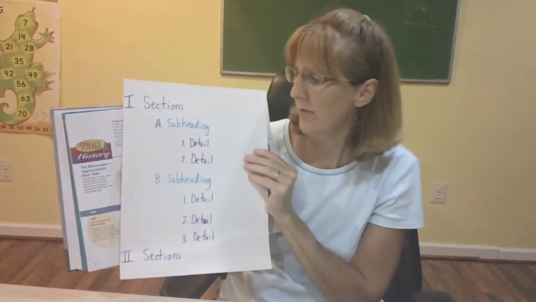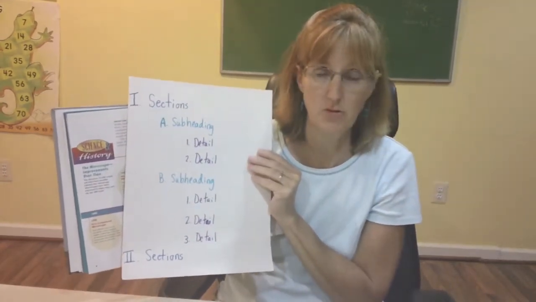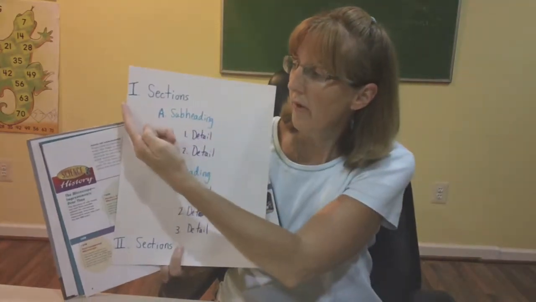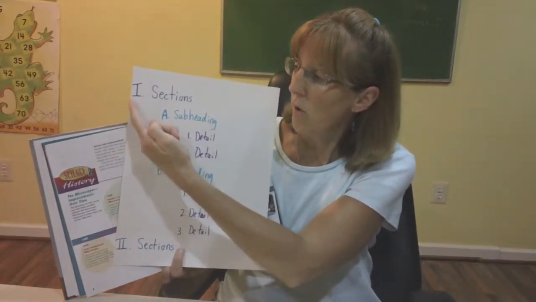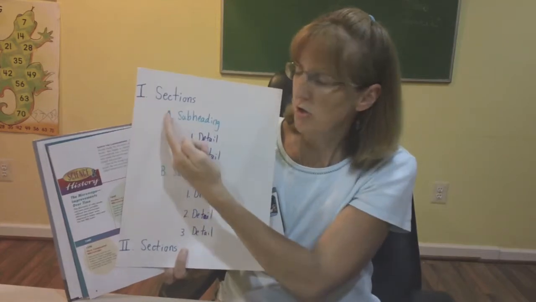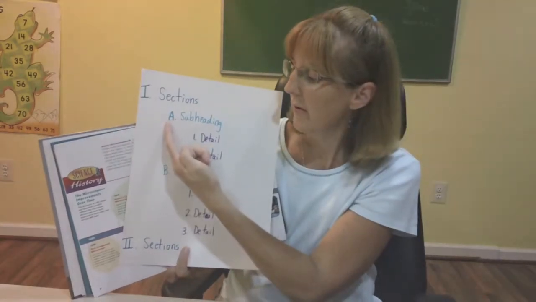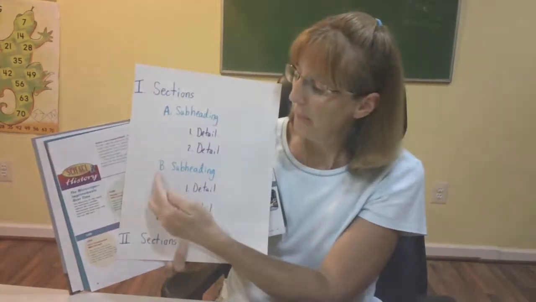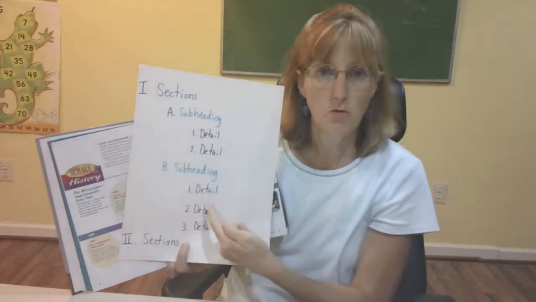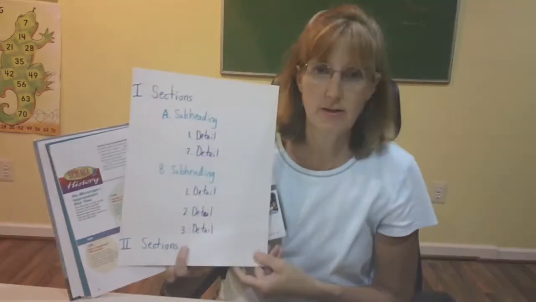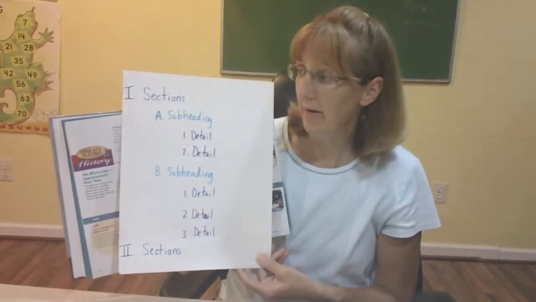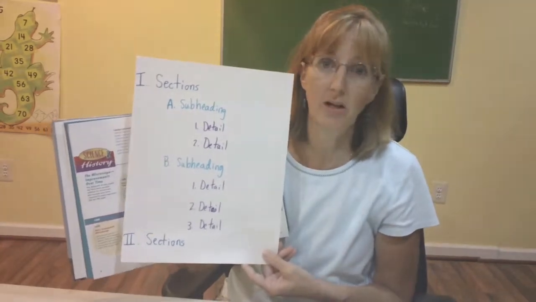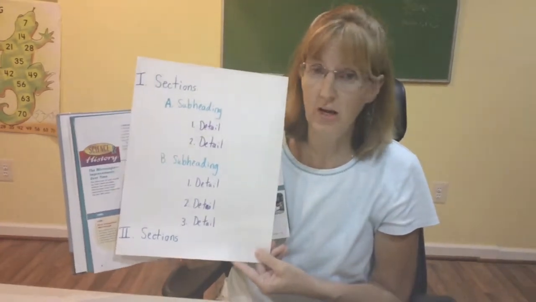Of course, you don't have to write anything in colored pencils or markers or anything like that. You just follow this organization. Way out at the left margin, you'll write Roman numeral 1, and then you start indenting with capital letter A, then an Arabic 1, 2, 3, 4, capital B, Arabic 1, 2, 3, 4, depending on how the chapter is divided up. Again, these are for you to read. It doesn't matter how it's spelled. It doesn't matter what it looks like. I'm not going to be checking over these notes at all.